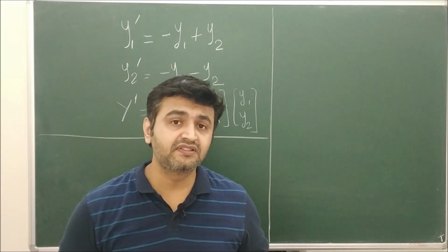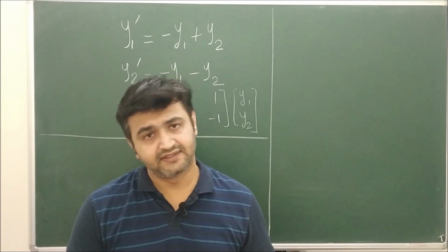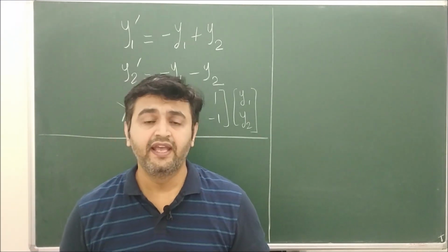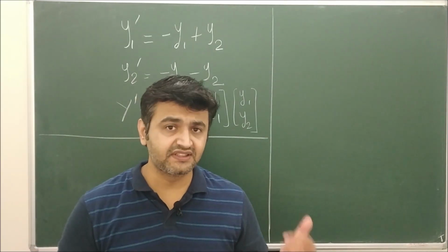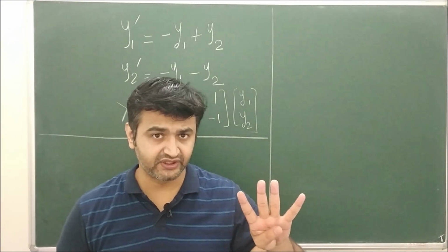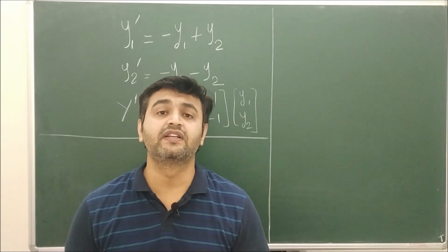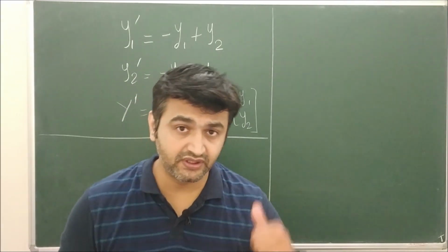Like we did previously, we use the equation e raised to i theta is cos theta plus i sin theta. The same thing we are going to use today. If you have a first order linear homogeneous system with constant coefficients, and the roots come out to be complex numbers, then the question is how one can find the real solutions. Okay, so here is the example.